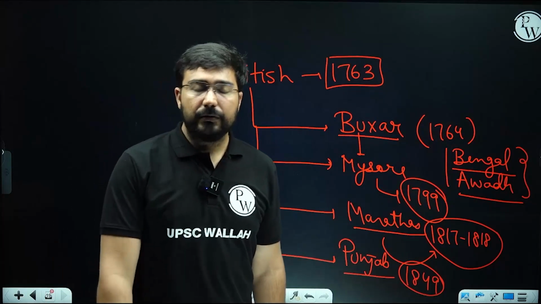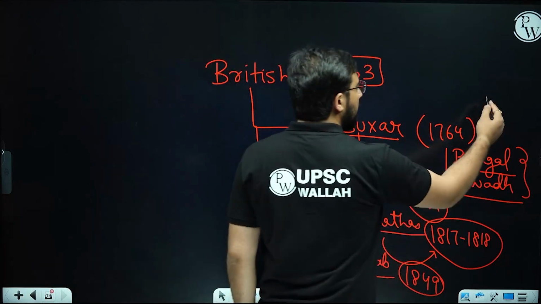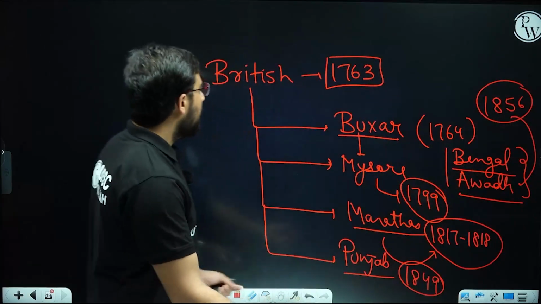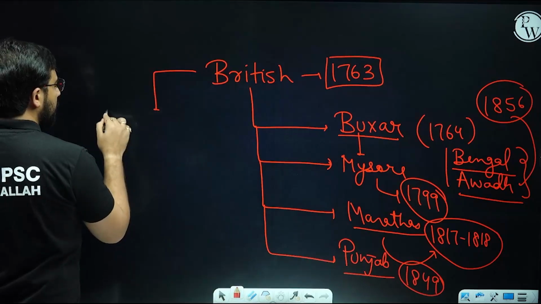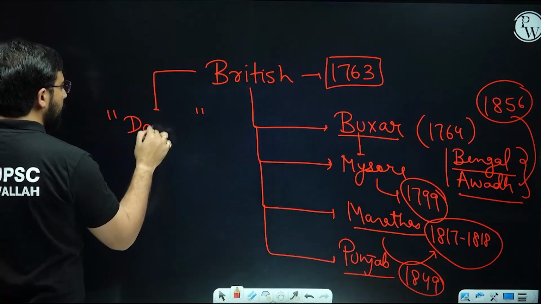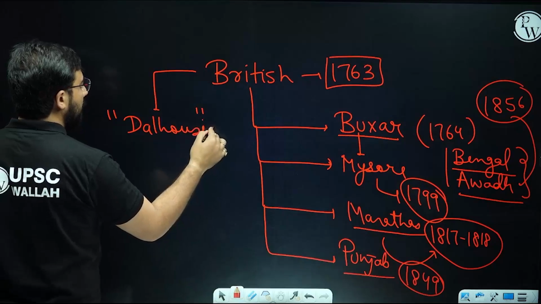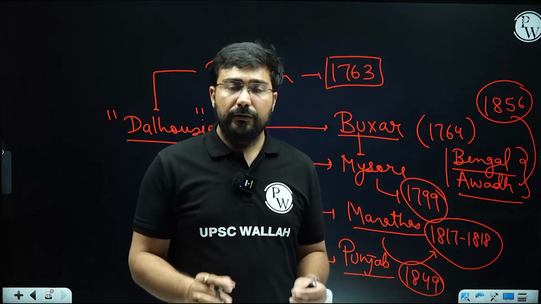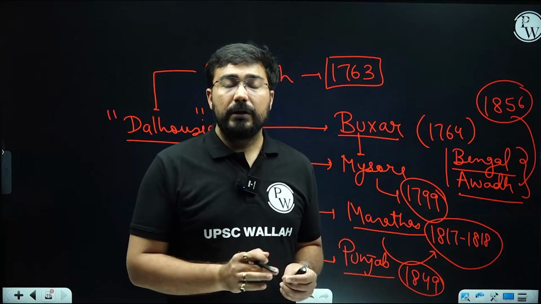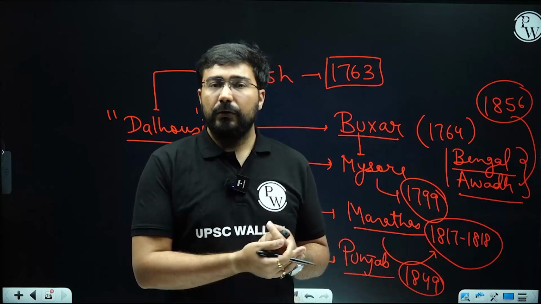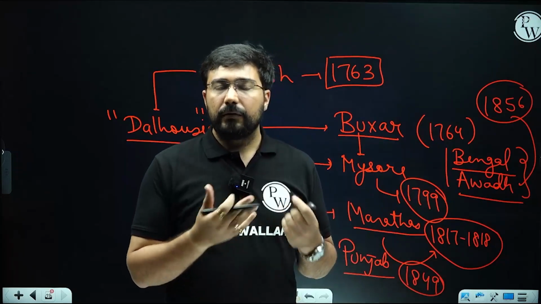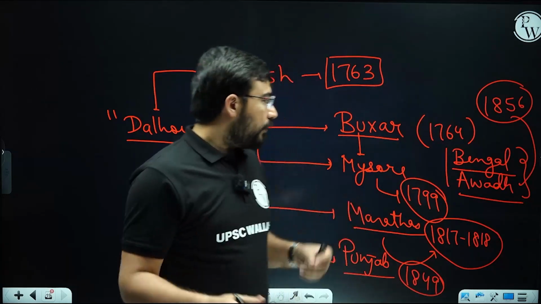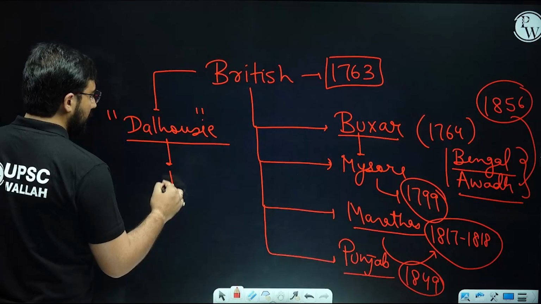Awadh was initially itself under the control of the British, but it was not administered by them. So Awadh was captured by 1856 on the pretext of misgovernance. The most prominent personality among these governor generals who was responsible for capturing a lot of territory was Lord Dalhousie. He used multiple methods. He used warfare. He was also able to utilize the doctrine of lapse, which all of you would have heard of in your school time. The doctrine of lapse was responsible for capturing those areas which did not have a natural heir, and the most prominent among them was the area of Jhansi.